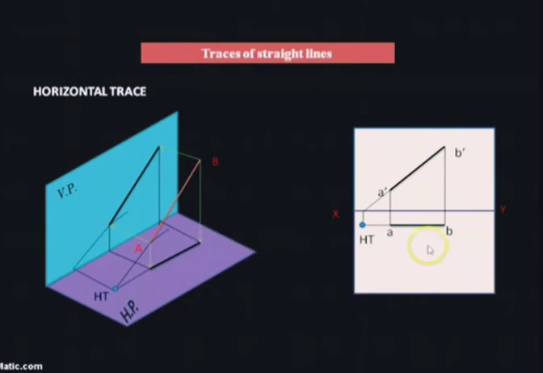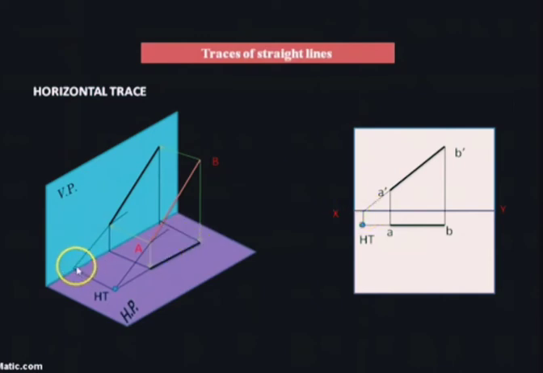So here, after drawing these projections, we need to extend this straight line. This straight line will be intersecting at a certain x reference. Here also, when you extend this straight line, the front view also extends. This front view is intersecting on the xy line, that is the intersecting line between the horizontal and vertical plane. That's why it is intersecting at the xy line.